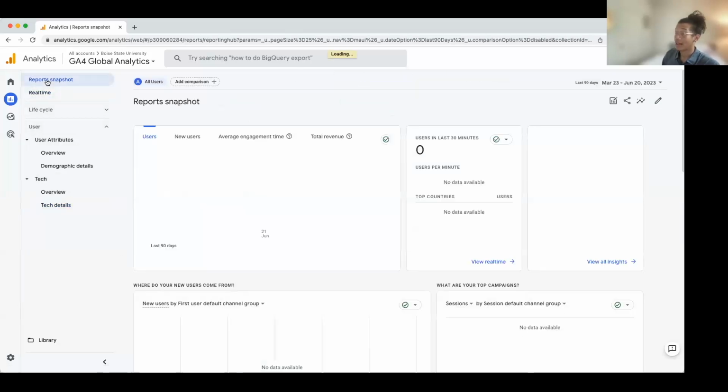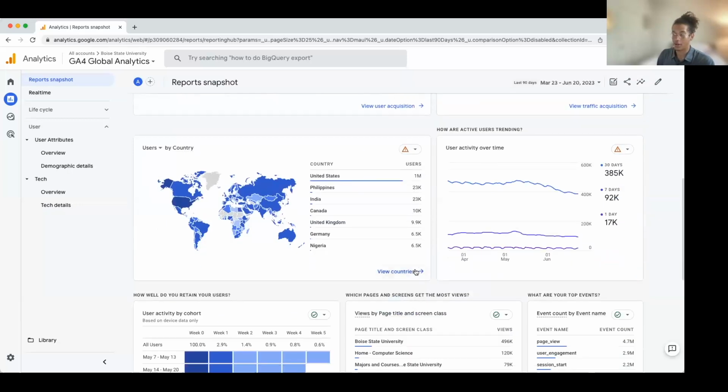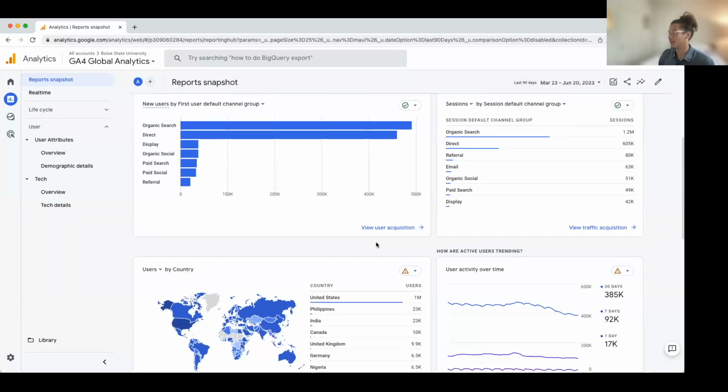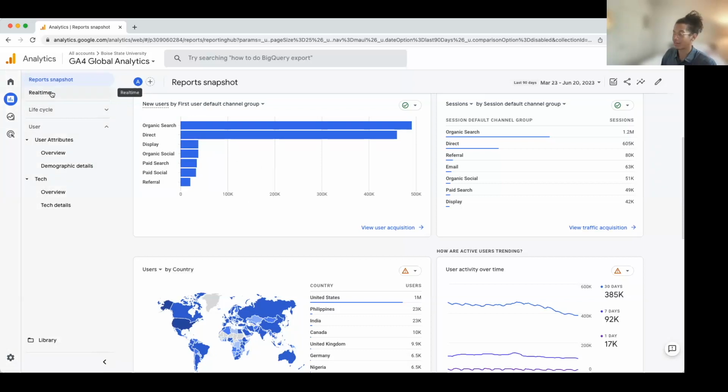And I believe that is the gist of how you use the reports. As you see, there's a lot you can do, but it is a little bit limited, and that's when we're going to use the Explore section that gives us just a little bit more customization with how you're looking for things.